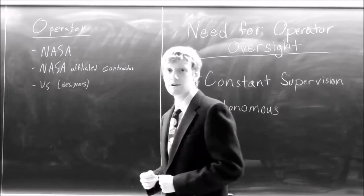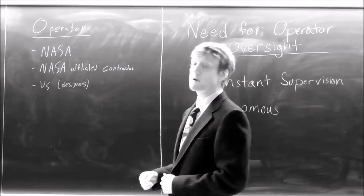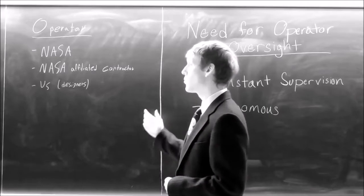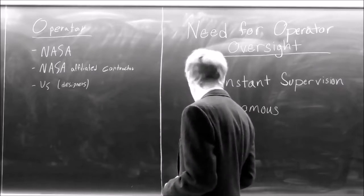So in researching operators, we identified 3 potential operators for our system. And these are people that will perform the day-to-day controls of our system after it's been launched en route to Enceladus, and then once it reaches Enceladus. So we have NASA, we have a NASA-affiliated contractor,